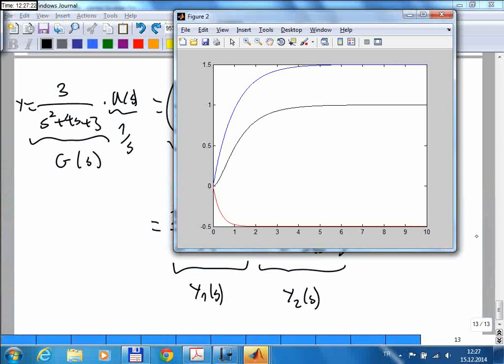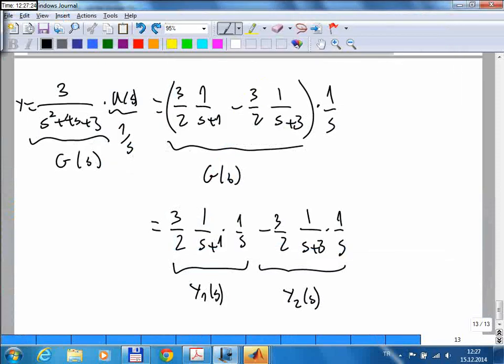And if you have like 5 real poles, then you just do the same thing 5 times. Then you will have 3 more of similar things, and you take the partial fraction expansions and then the inverse Laplace transformations individually, and then you will find out that